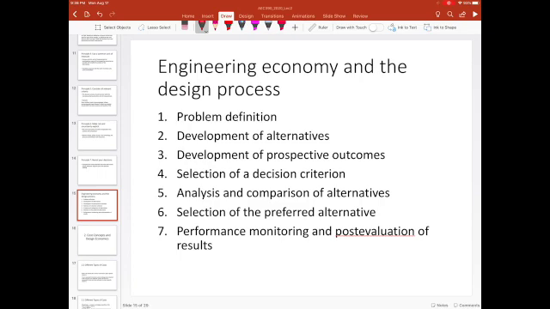And I think in this class, we're going to learn the techniques to do step number 4, number 5, number 6. So those are the things we focus on. So we usually will start with some defined problem with given options, and then the questions for